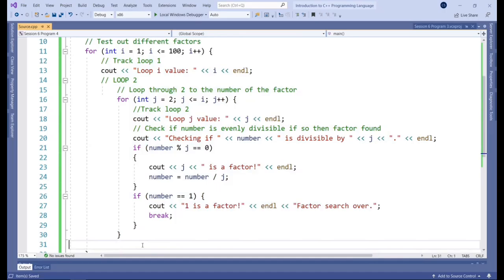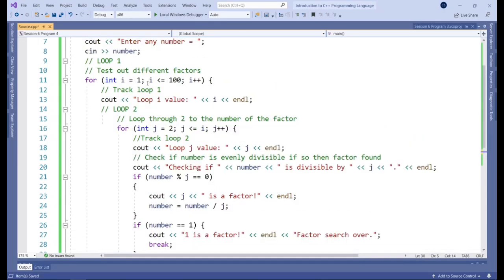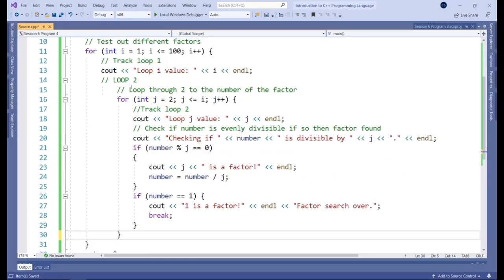Okay. And we can print out the value of i to help us visualize what's going on behind the scenes, to help us visualize each loop. Okay. So let's see here with loop number 2. With loop number 2, this is happening within loop number 1.